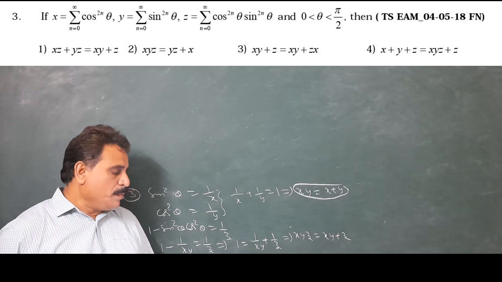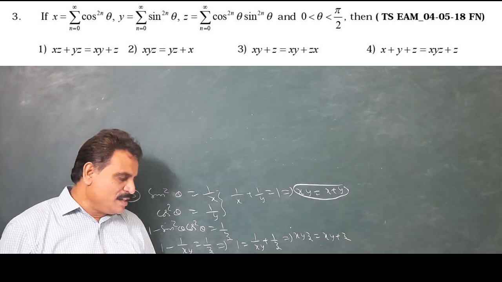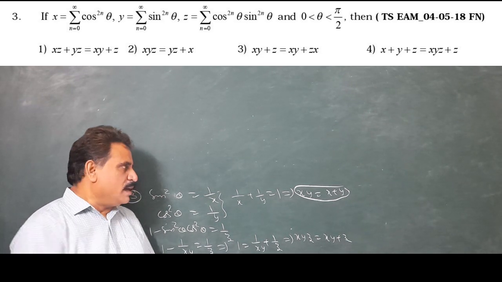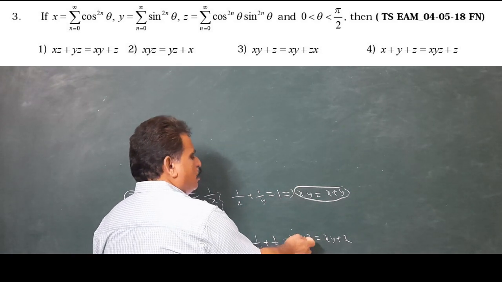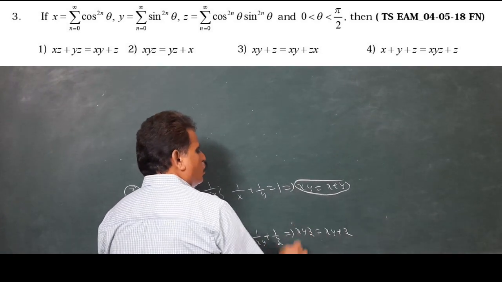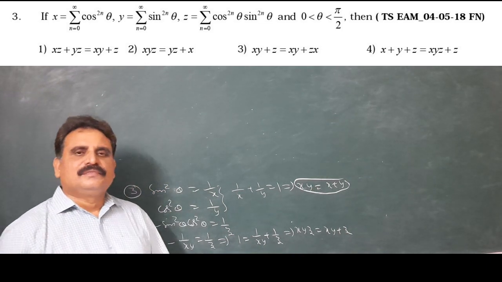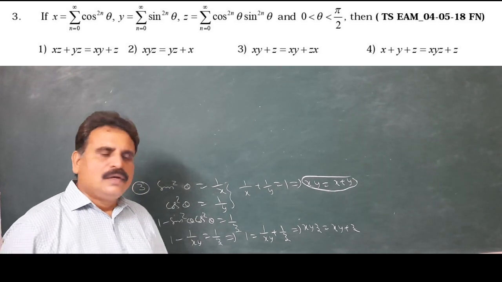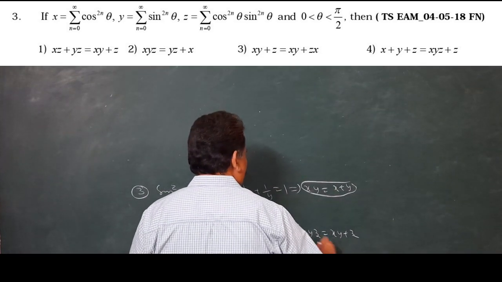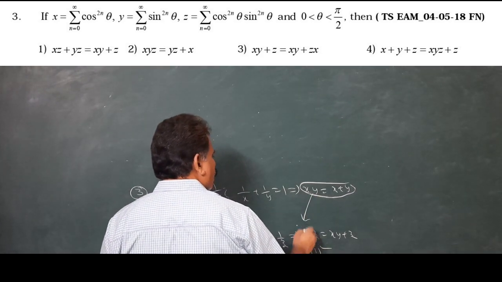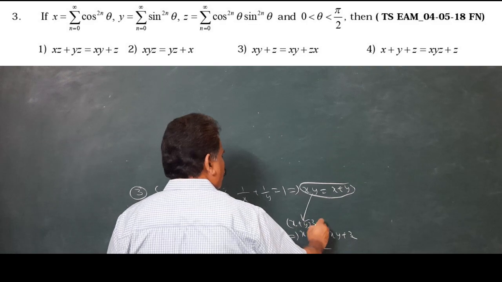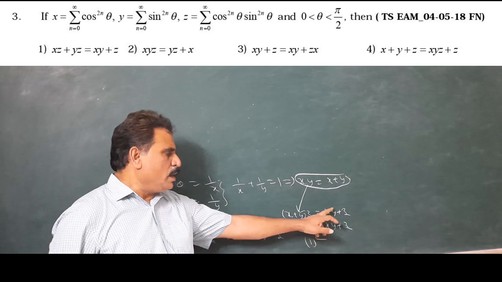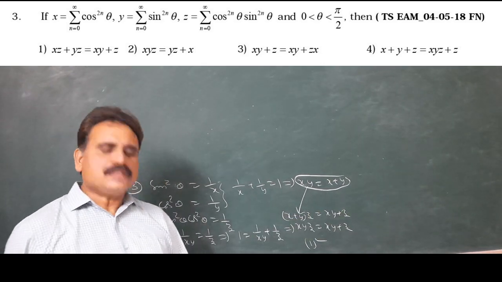We check that xy plus z is there in the first option, but in the LHS it is xz plus yz. If you take z common there, it is x plus y into z, but x plus y is xy, so xy can be written as x plus y into z. So my dear students, by observing, you can easily verify that the first option is the right answer. Why? Here we use xy equal to x plus y into z equal to xy plus z. So xz plus yz equal to xy plus z. That's why the first option is the right answer.